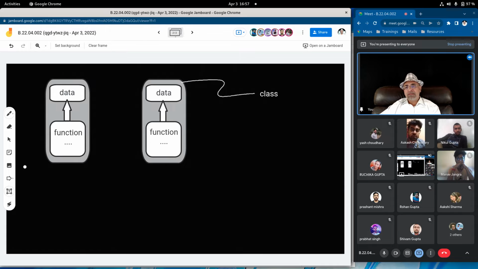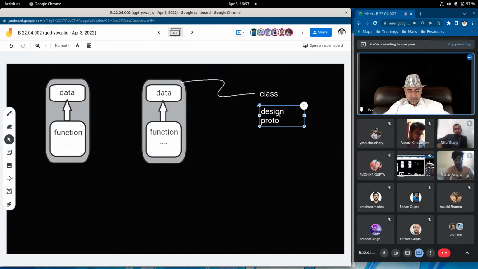It is nothing but simply a design, a prototype. It is a simple design about how the things are going to happen. It's a template. It's not a real world existence.